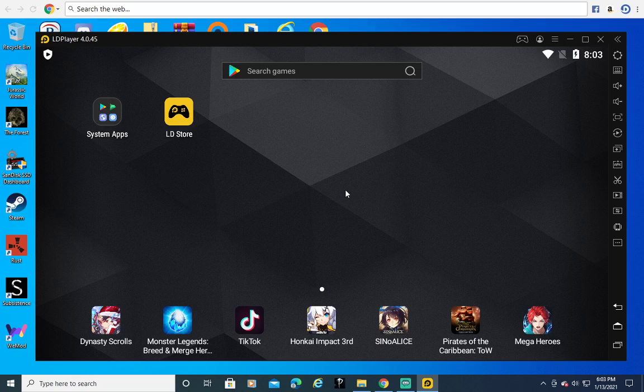But that's just me saying it if you know how to go into BIOS and do this. If you don't, just look it up. Just look up how to enable virtualization for emulators. But basically,